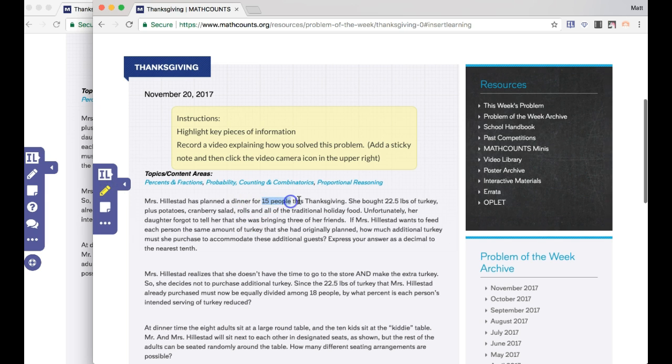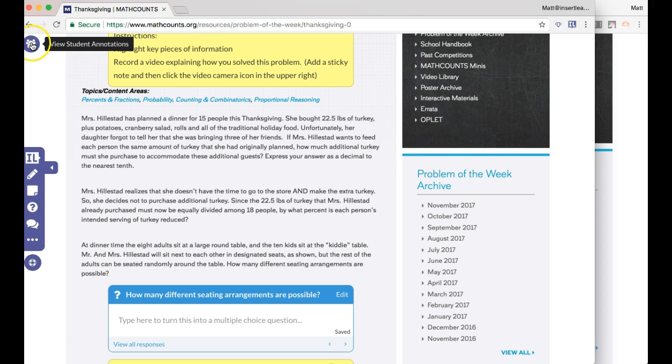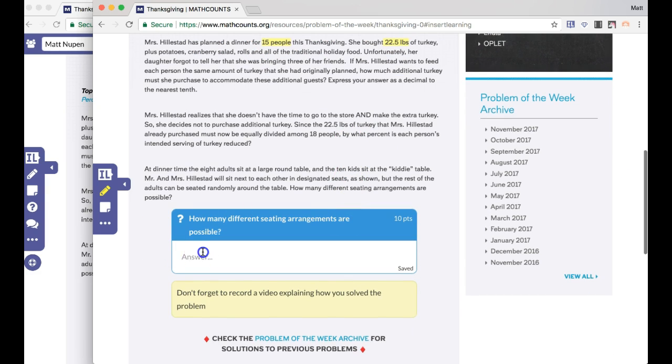So I've got 15 people, 22.5-pound turkey. And so now students can start highlighting those things. And as a teacher, what's cool is that now, because one of my students has started to highlight, I get this new icon up here, so I can click on that, select the student, and now I can see what they're highlighting in real time. So that's a kind of neat thing. So you can then quickly see what it is that students are picking out as key pieces of information to solve this problem. Down here, I'm just going to put in an answer